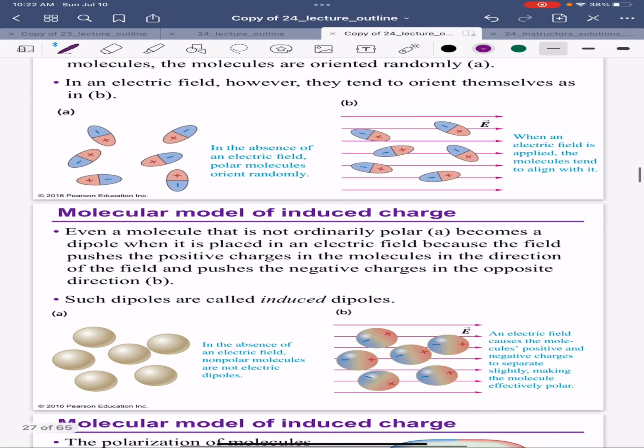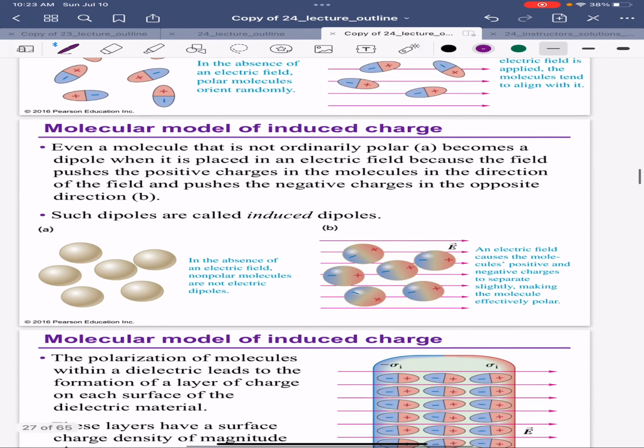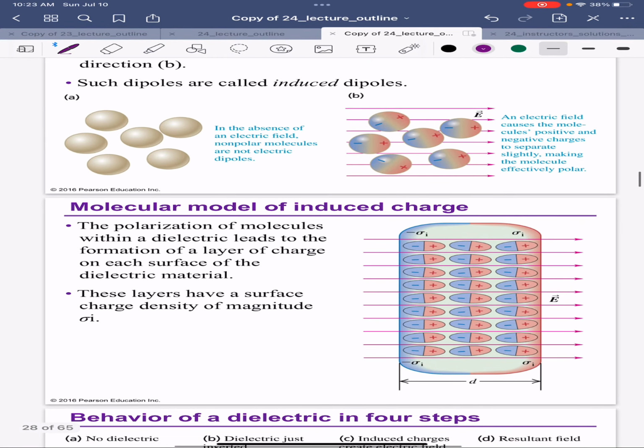And even a molecule that is not ordinarily polar becomes a dipole when it is placed in an electric field, because the electric field pushes the positive charges in the direction of the field and pushes the negative charges in the opposite direction. Then they have induced dipoles,